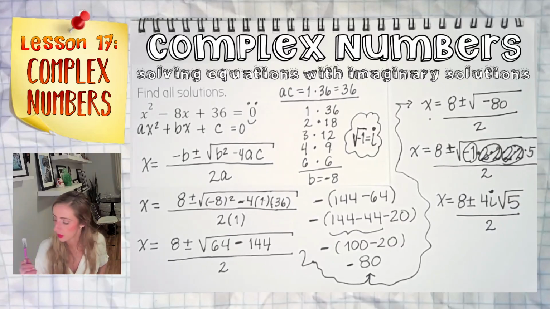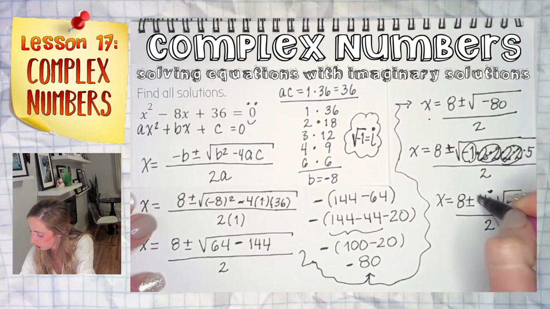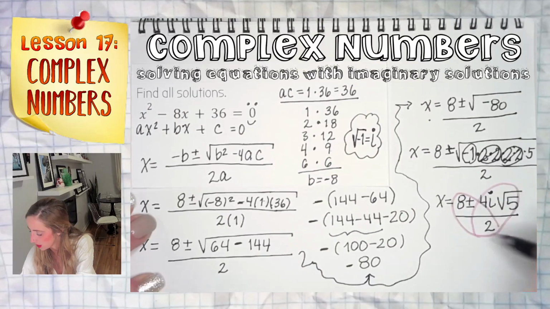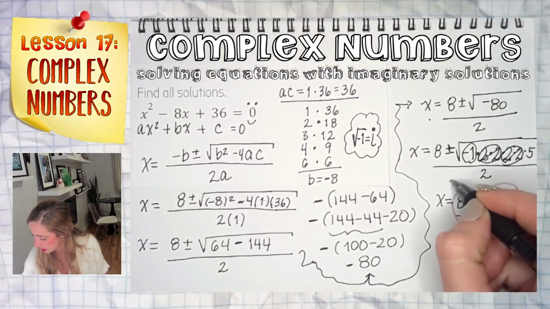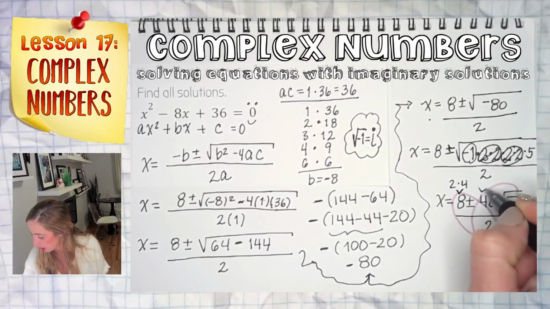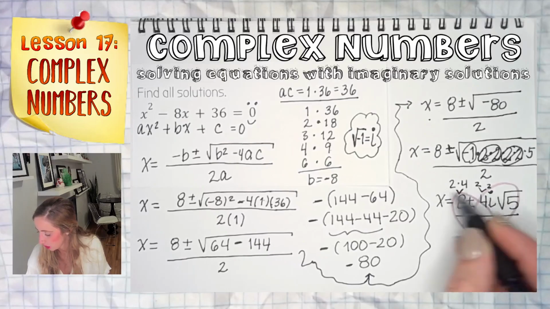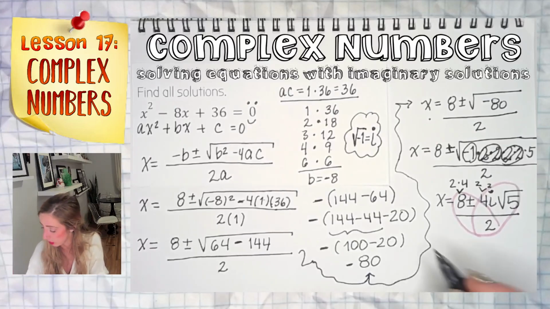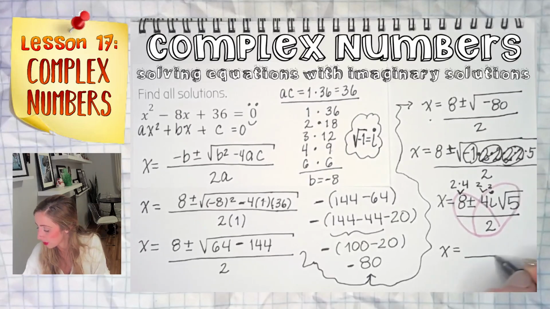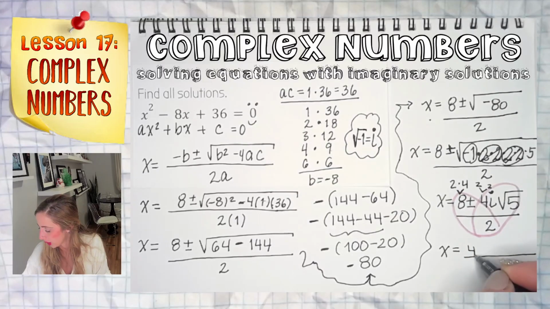Almost done. We're going to bust out the purple pretzel. Let's go. So what can I reduce in these situations here? Now this 2 reduces with both of them. It has immense power at the bottom of that pretzel, you know? So I can reduce a 2 out of everybody. 8, this is in your brain, right? 8 is 2 times 4. And this 4 right here, well, that's just 2 times 2. So if I knock a 2 out of everyone, you should know what's left behind. And the rad 5 and the i, they're just fine the way they are. Let them be, okay? x is equal to 2 imaginary solutions, which are 4 plus minus 2i square root 5